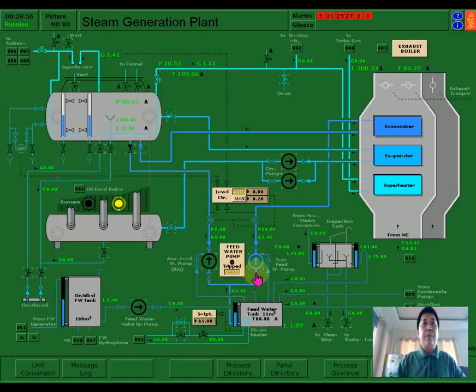But here the pump is always running and not starting, but the frequency of the motor of the pump will turn fast to fill up the feed water in your boiler. When the feed water level becomes normal, then the frequency of this motor will become slower. So that is the automatic feed water control.